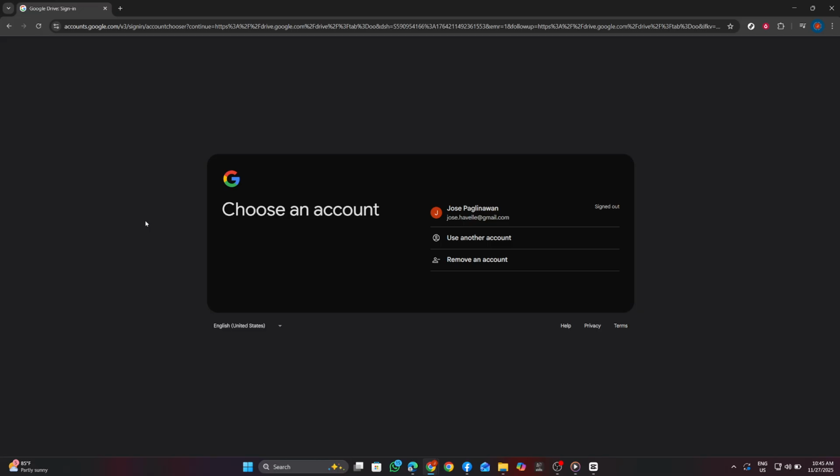If you use more than one account, you can repeat the same steps for each one, making sure you sign out of the profiles you don't want left active. And that's the complete process. Open My Drive, click your account button, and select Sign Out. It's quick, consistent on both Windows and Mac, and it keeps your information